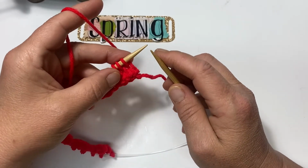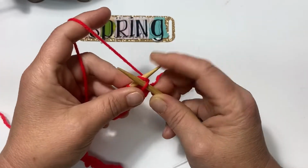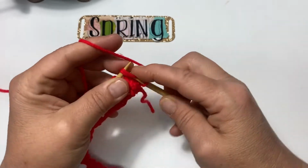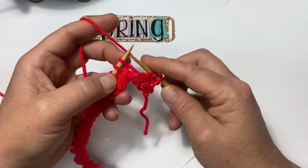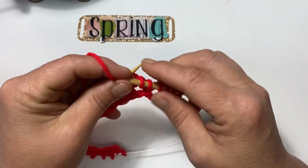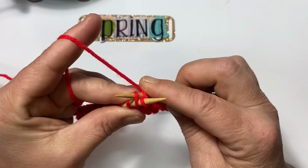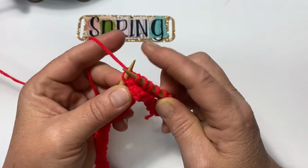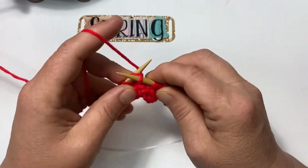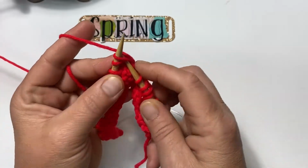Back on the right side row for row 3. We're going to begin with a knit 1, then knit 2 together, yarn over, knit 3, yarn over, and slip, slip, knit, and knit 1. Now we're going to repeat that, and the repeat begins with a knit 2 together,